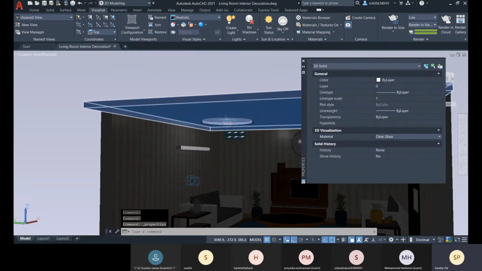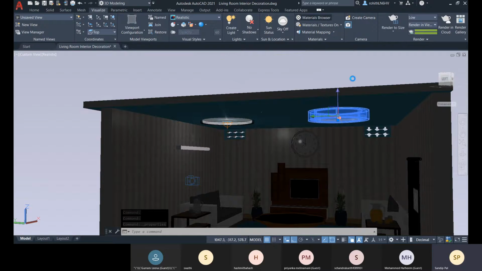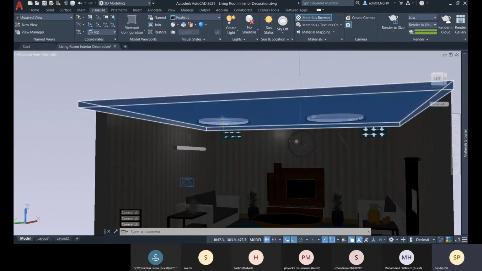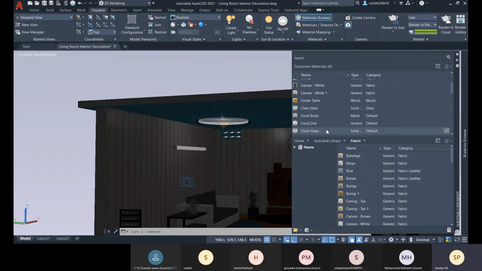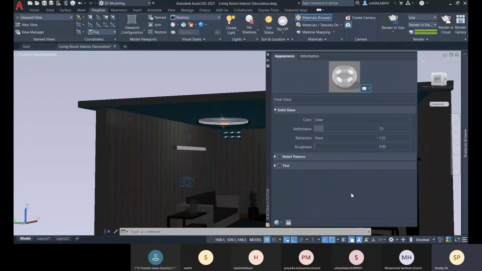If I go for that property or the material, there I have provided that illumination for the clear glass. Let me show you there. Mm, is this the one?